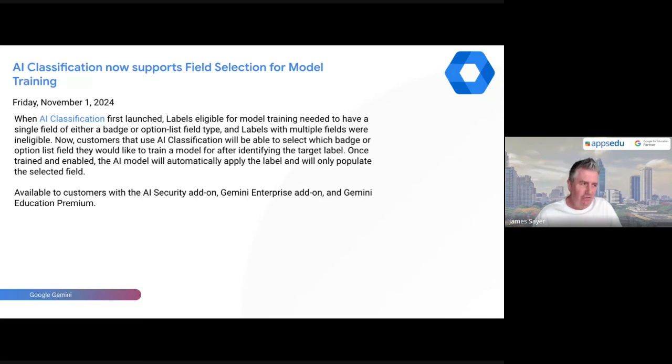Okay, AI classification. So a quick overview of AI classification. There are two versions of Gemini Education: Gemini Education and then Gemini Education Premium. With the Premium licensing, and I think we need to do a demo of this to go into detail what it is, you're able to train models for DLP. So these are AI trained models. What you do is you upload, or you select a number of documents that you want to train the model on, and AI will then learn from those documents and automatically suggest sharing restrictions when you go to your account